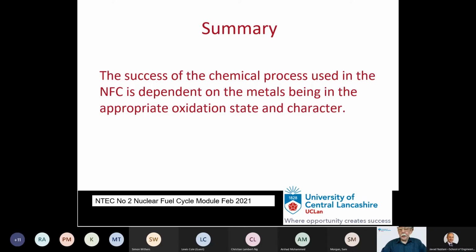Right, ladies and gentlemen, welcome back. Just to emphasise what we talked about in the previous 50 minutes or so, actinides can have a variable oxidation state, but some of those oxidation states are more stable than others. In the case of both uranium and plutonium, we're talking about the 4+ and 6+ oxidation states being the more stable compared to the others that can exist under certain conditions. And the oxidation states can be influenced by the environment in which the uranium and/or plutonium finds itself, for